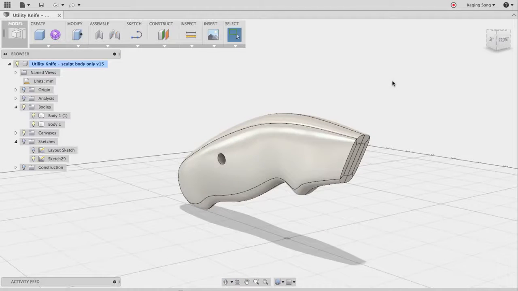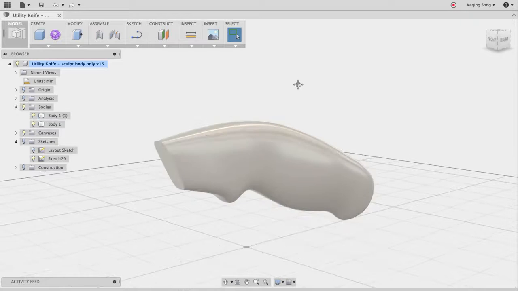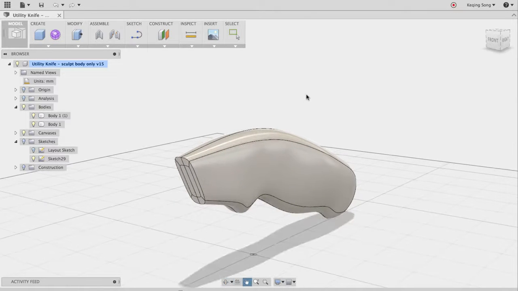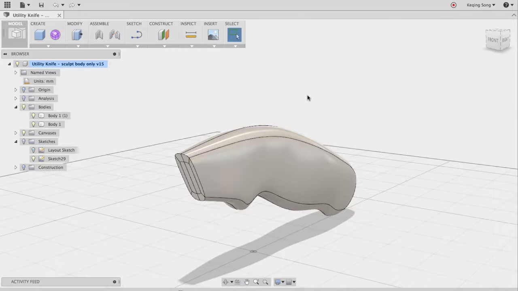So I'm really going to later on import a blade cradle and then start using the blade cradle to make the opening for the little toggle to push the blade in and out. We're going to model the blade, and we're going to go through all that in this video. So let's get started. If I go over to my browser here, I'm going to turn on my sketches